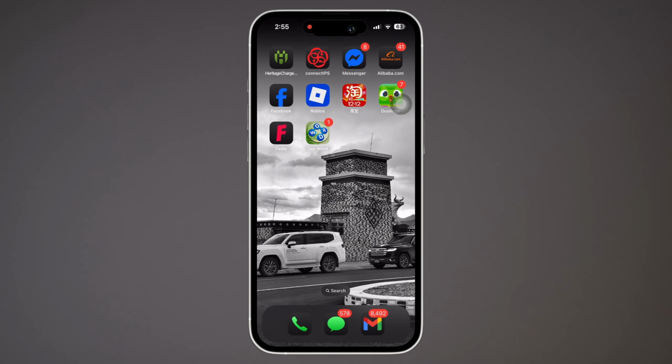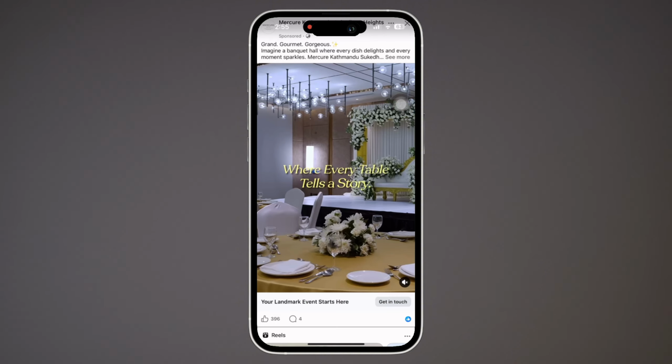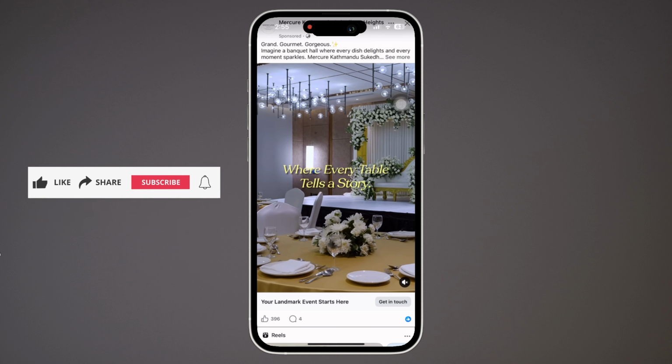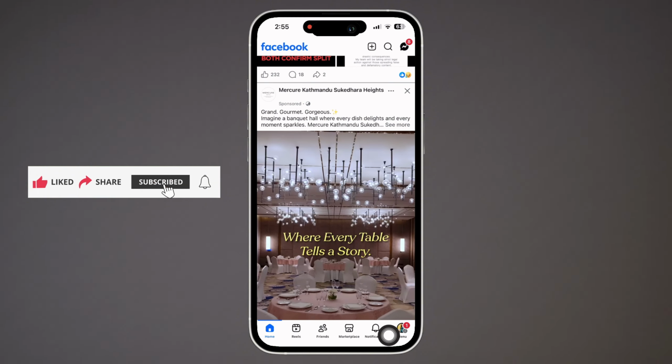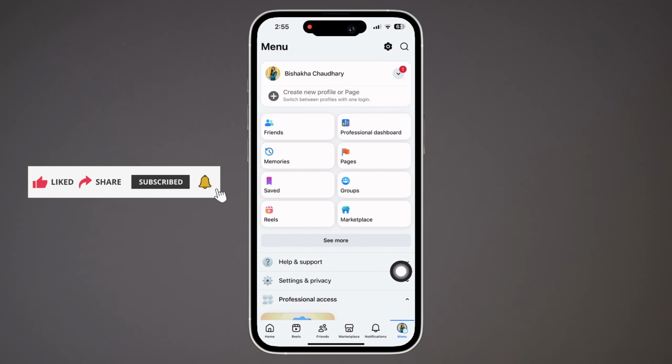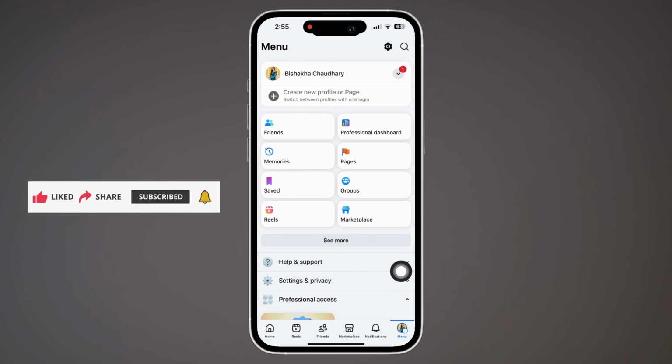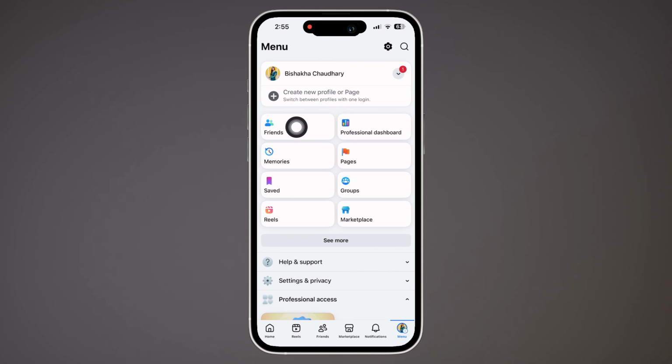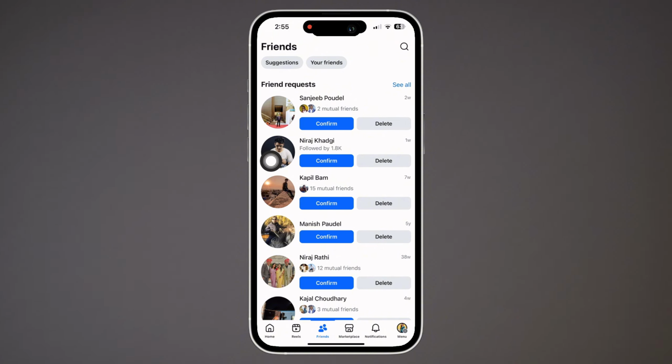Now let's get right into the tutorial. Firstly, go ahead and open the Facebook application on your device and make sure you are signed in. Now, tap on the menu option from the bottom right of your screen and then tap on the friends option you see there. Now, you will be led to your Friends Request tab, so tap on the See All option